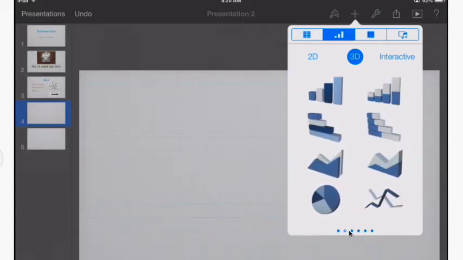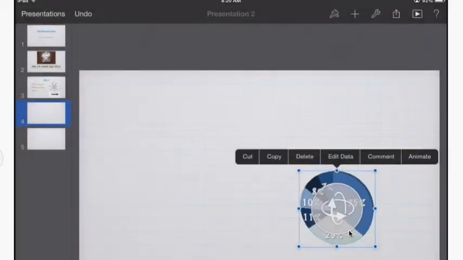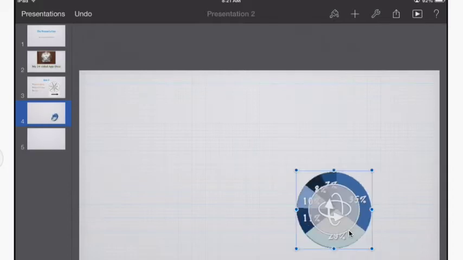So let's say I want to add a basic chart here, a pie graph I should say. So I'm just going to click on this blue one. It'll take a second to load, and once it's there, it'll go right there. Now as you can see, I can rotate it if I want to. If I double tap on it,